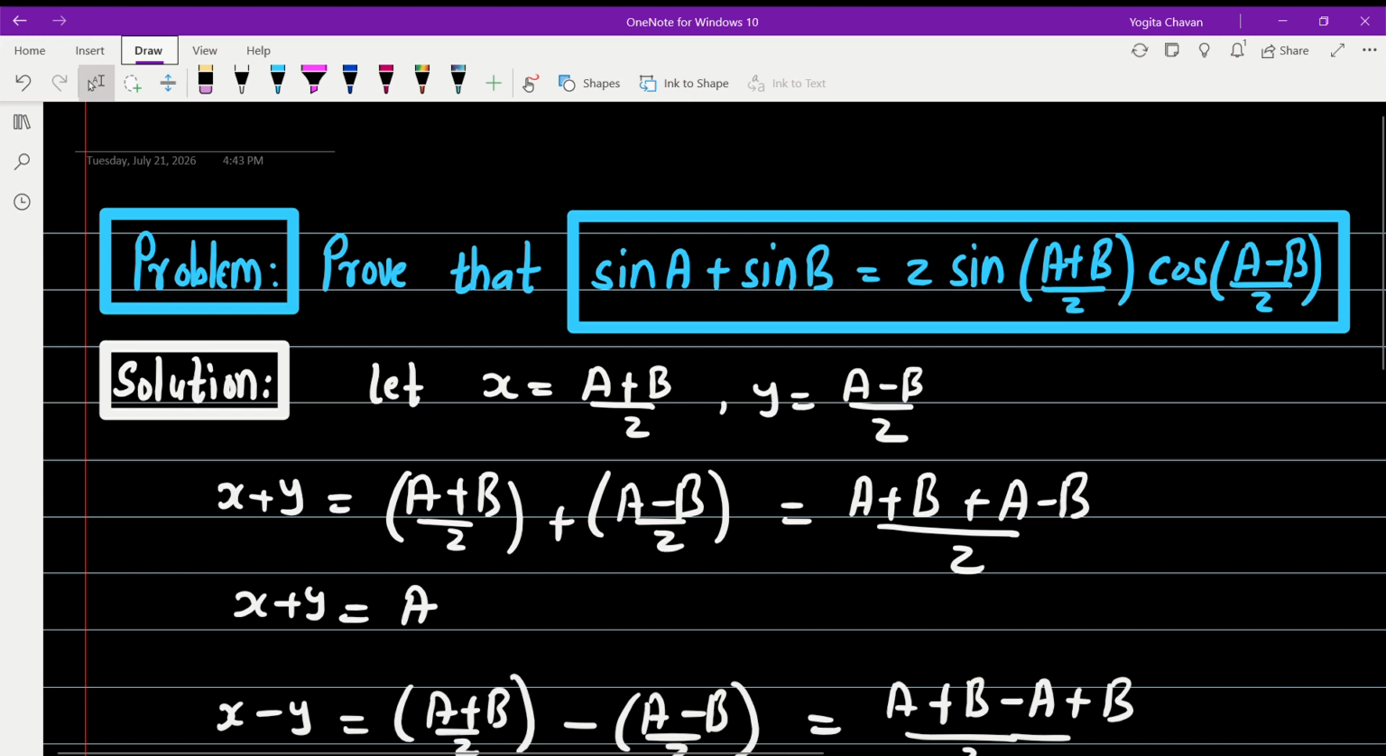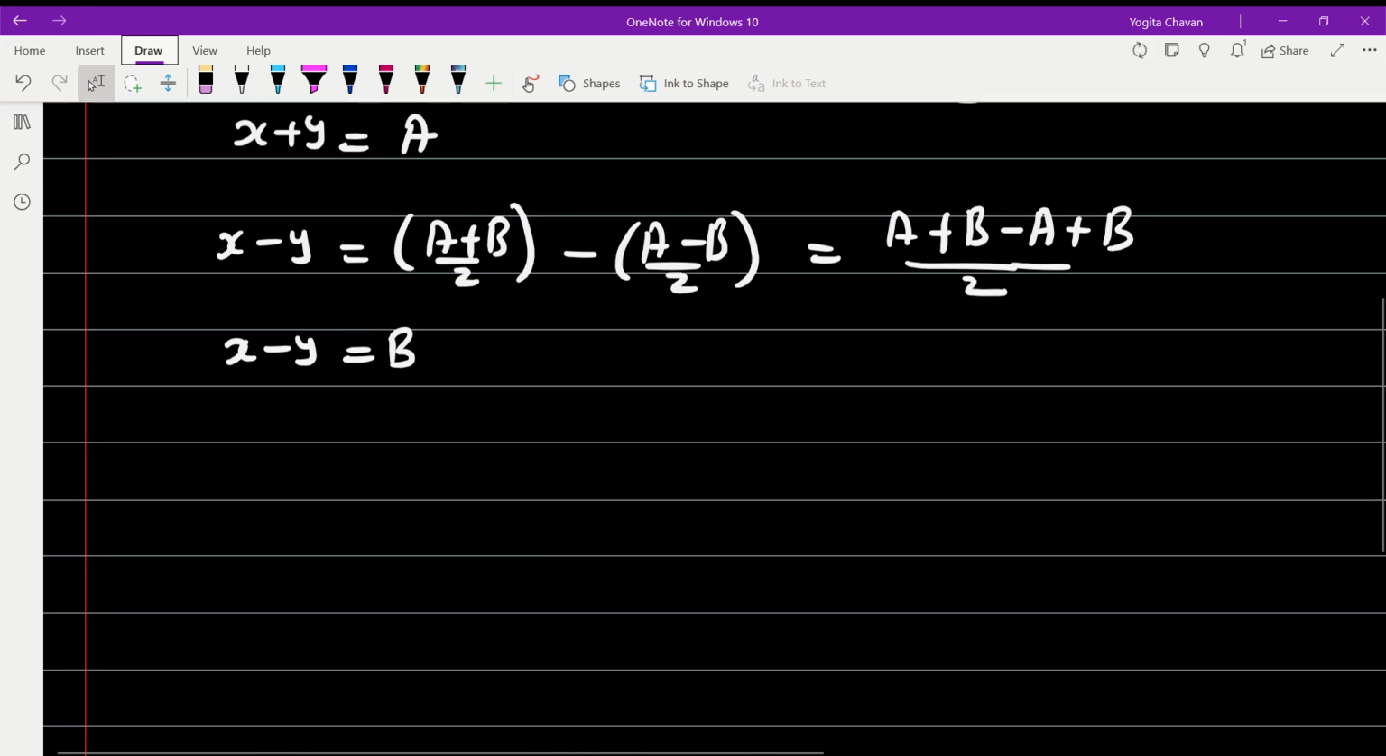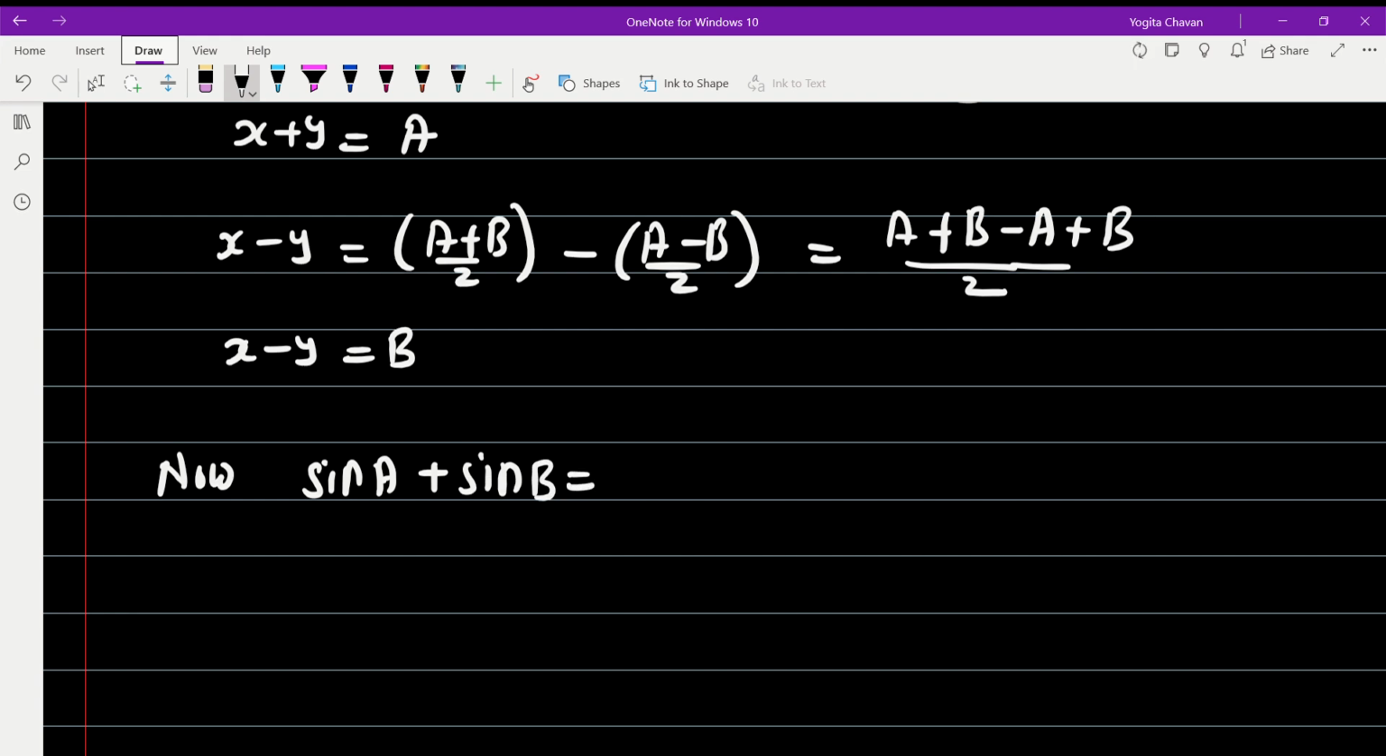So we have two observations: x plus y is equal to A and x minus y is equal to B. Now consider the left hand side, sin A plus sin B. Now this is equal to, now sin A, what is the value of A? A is nothing but x plus y, plus sin B, and the value of B is x minus y,